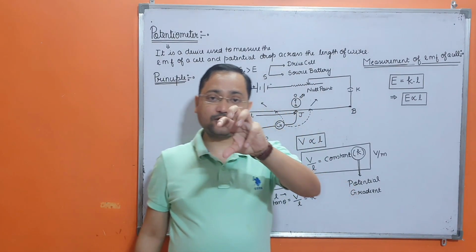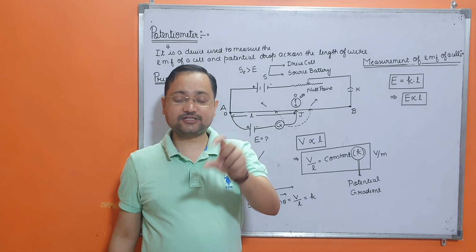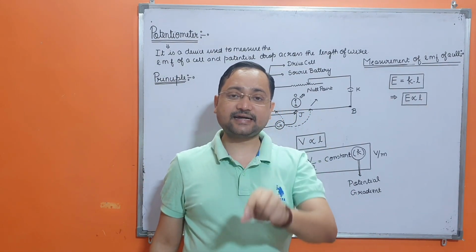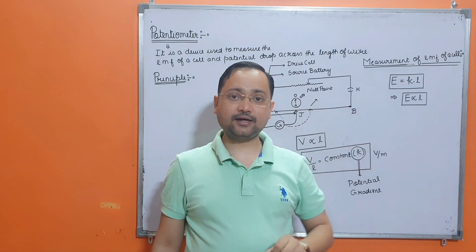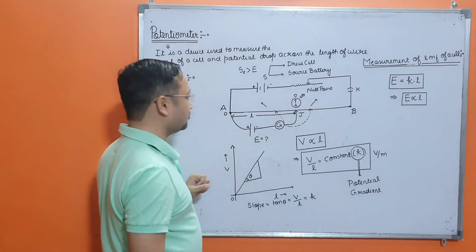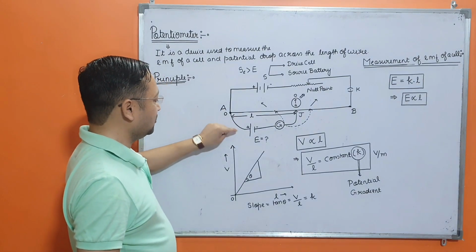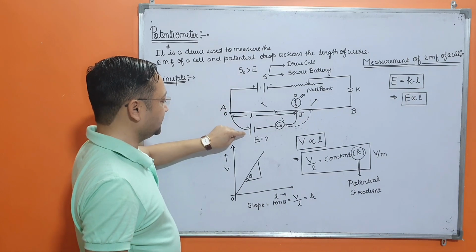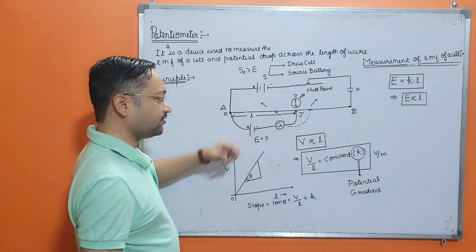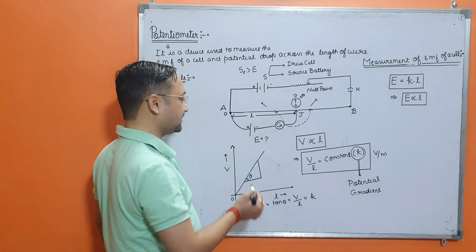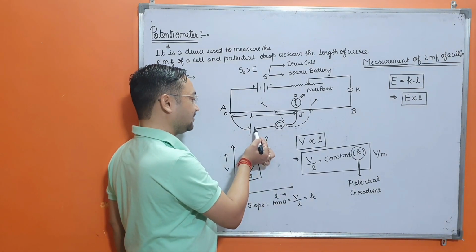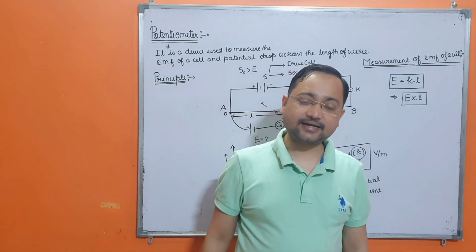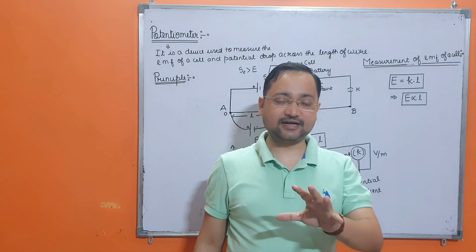So this is one of the circuit connection issues in the lab, and these are also theory questions: why do we get one-sided deflection in the potentiometer experiment? There are two main reasons for getting one-sided deflection. One, if the EMF of this cell is greater than the EMF of the driver cell, then only this cell will drive the current in the circuit, and therefore you get one-sided deflection. And second, if this terminal is negative or is wrongly connected to the zero end of the potentiometer, then in that case also you will get one-sided deflection.